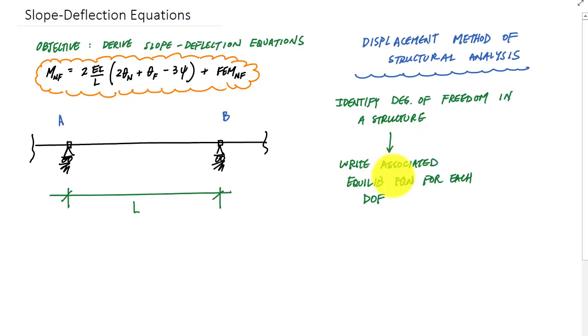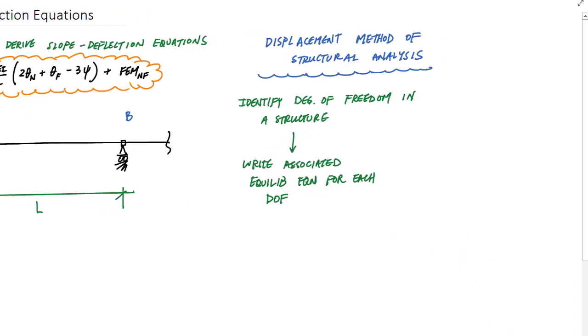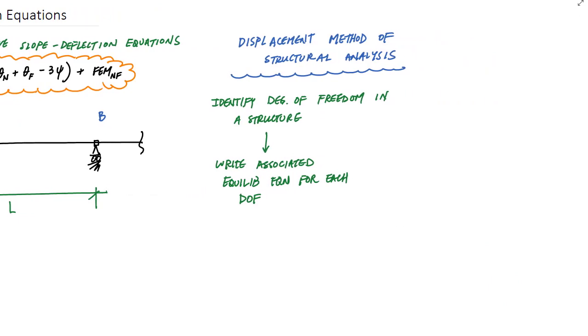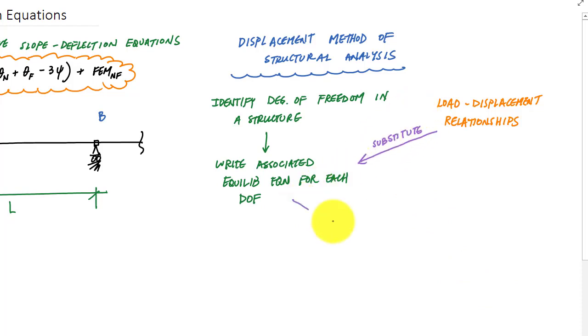The other part involves writing load displacement equations, which relate the internal loading that might happen on a member to the actual displacement of the member. You take these load displacement relationships, substitute them into the equilibrium equations, and from there you will be able to calculate